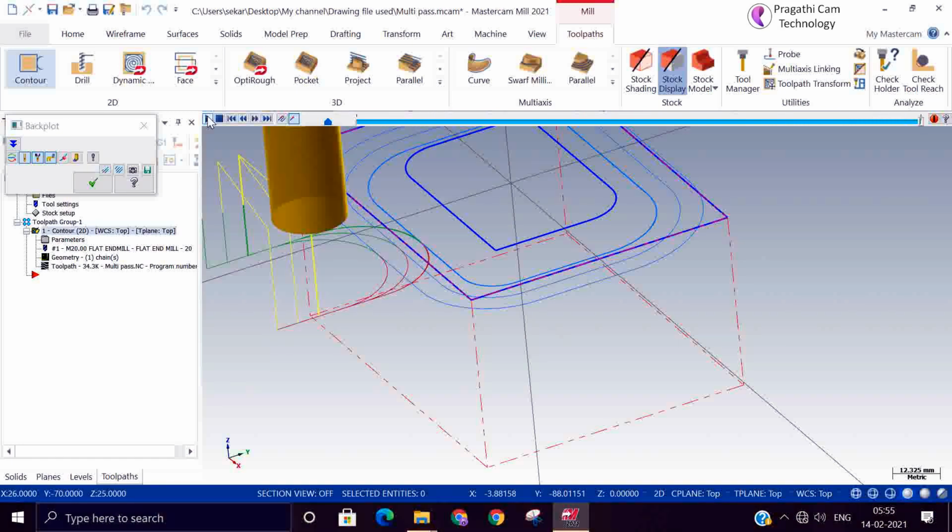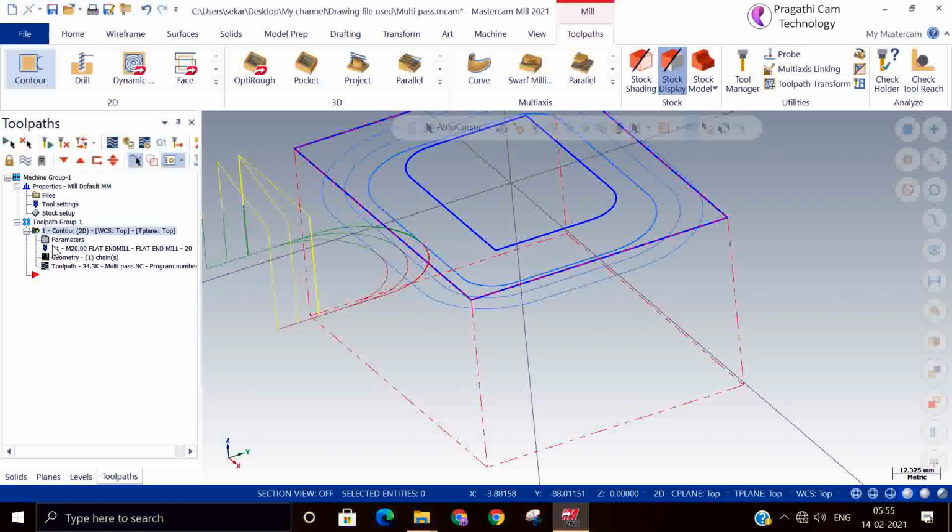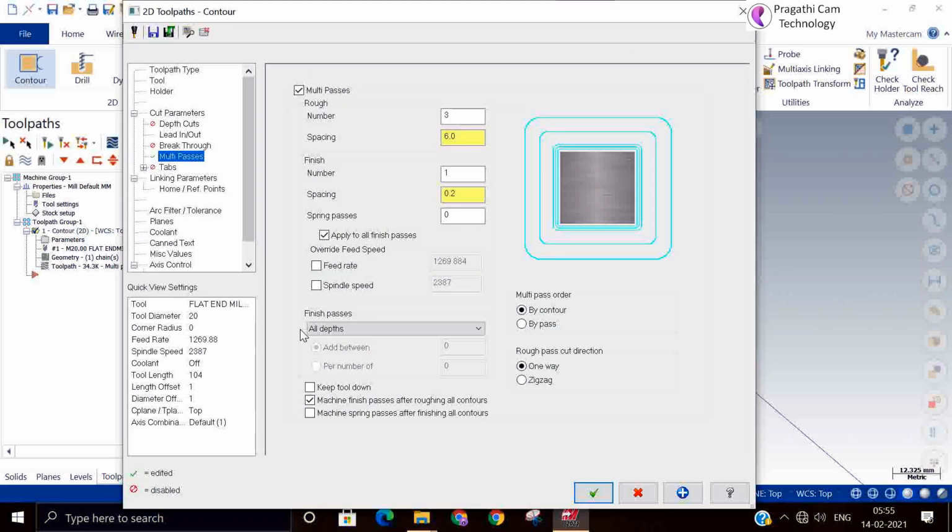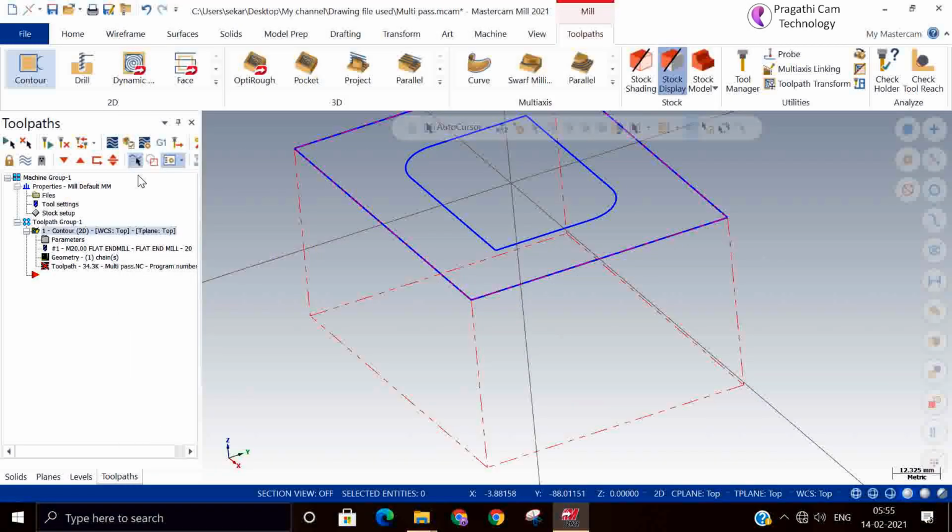So this is the meaning of finish after rough passes. Okay. Machine finish pass after rough all. If you add a spring pass, then it will move one more additional pass. Okay.